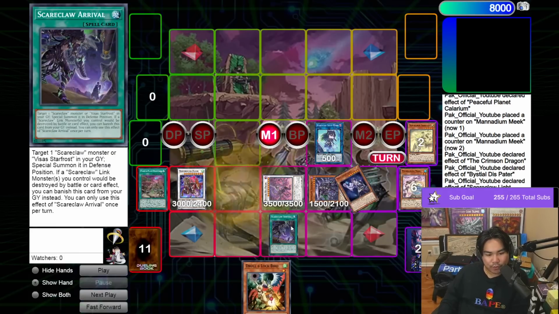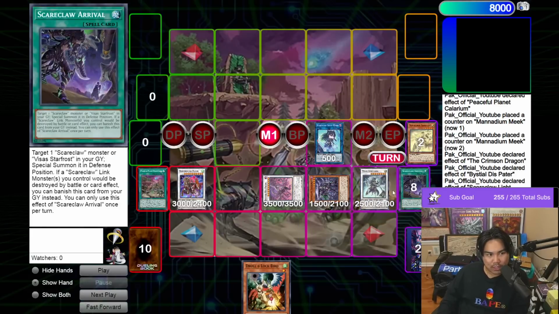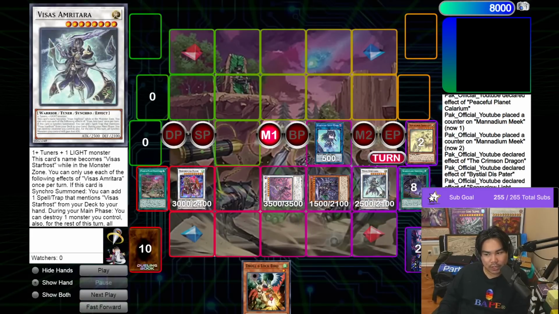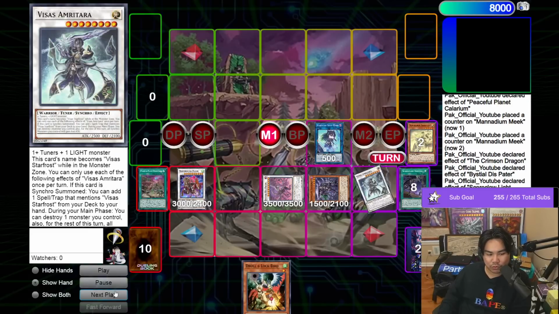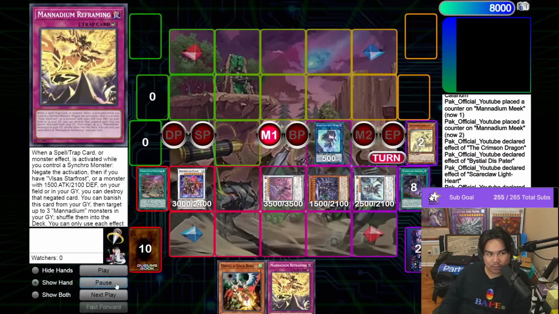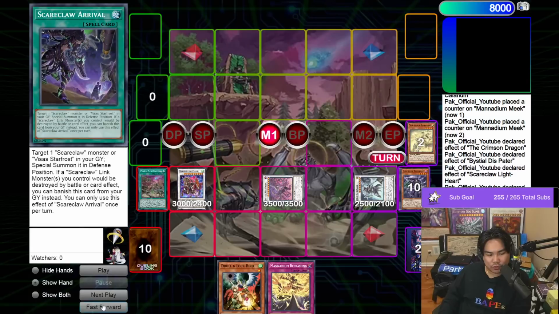Here, we're going to activate the Reborn spell, and then we're going to use Starfrost and Meek to make the Visas Mutara. And this card is really crazy because, like I said, we use 2 tuners to make it. This is literally the line in which it comes up. And we're going to use this effect to add a counter trap from the deck to our hand, Mannadium Reframing. Then we're going to link these two off into a...